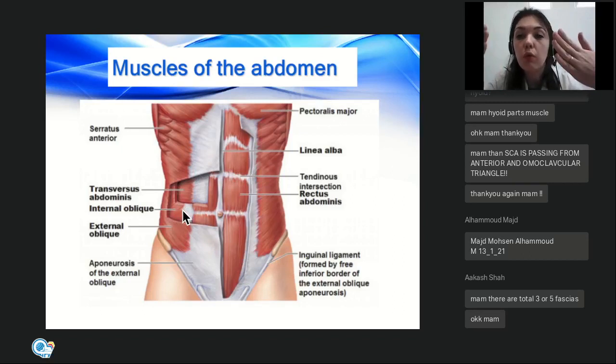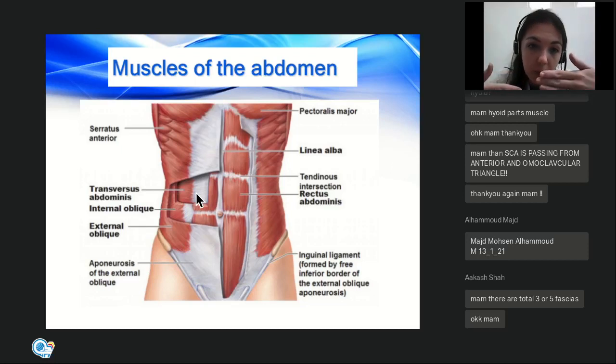So they also go forward and medially, but they are directed upward. And transverse abdominis muscle, musculus transversus abdominis, it runs transversely. And all together, first of all, they cover from different sides rectus abdominis muscle, and in the very middle,